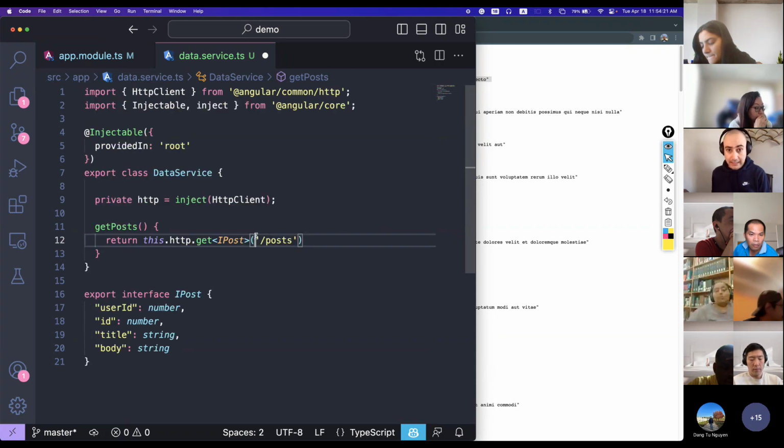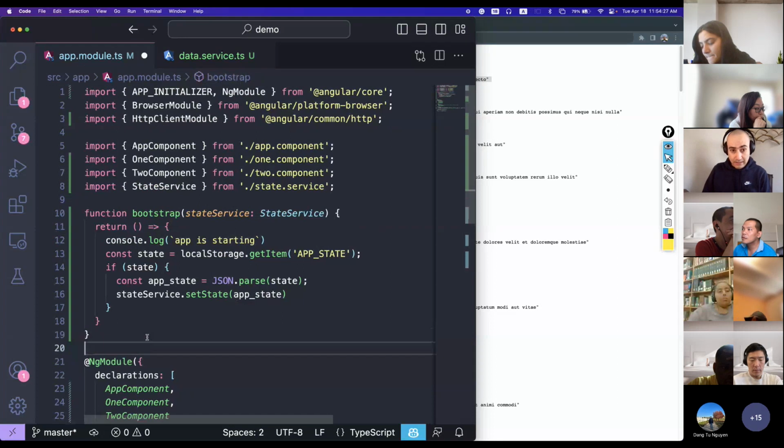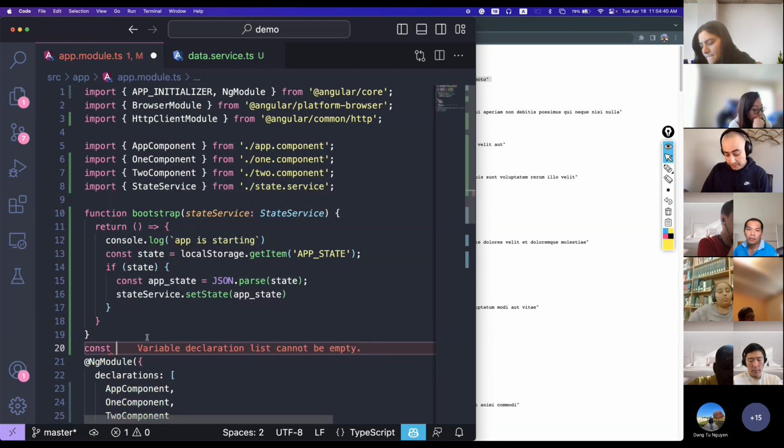Okay. And here I need to inject the server URL. So let's create a service injection token. So I can say, hey, const URL token